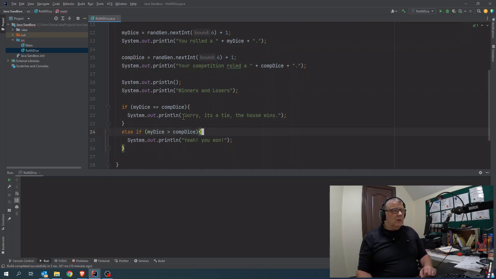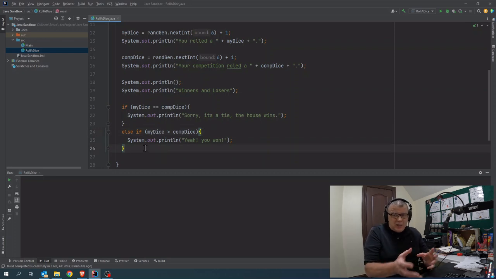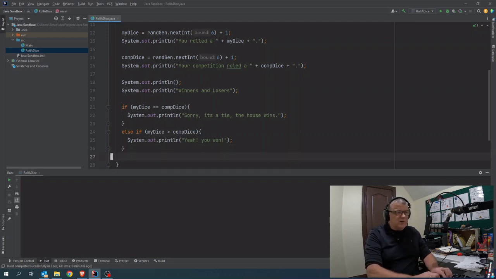There we go. So if it's equal, it's a tie, we both lose. If my dice is greater, yay, I won. And then finally, since there's only 3 discrete states, a tie, a win, or a loss,